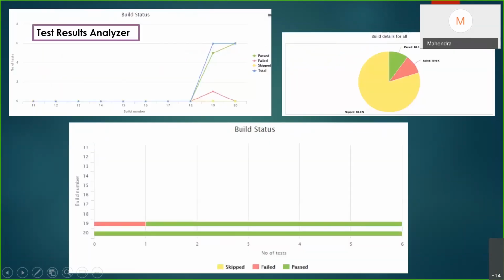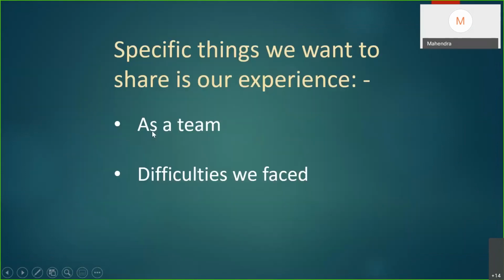And this is also a graphical representation showing all the tests that pass and what is a failure. The next one is a pie chart, and the last one is showing a bar chart. So you can see how many tests fail and pass right away. And now Aarti is going to take over the presentation.